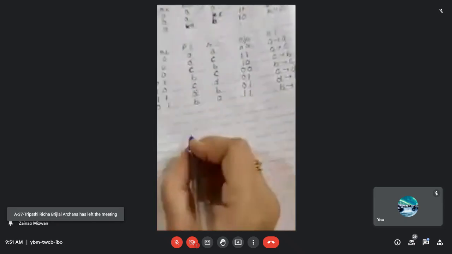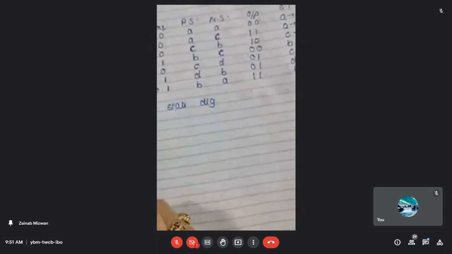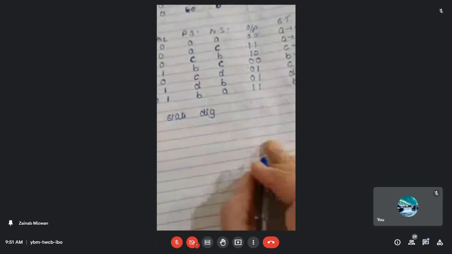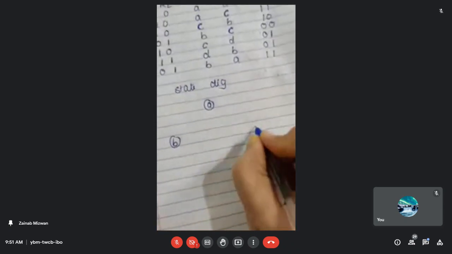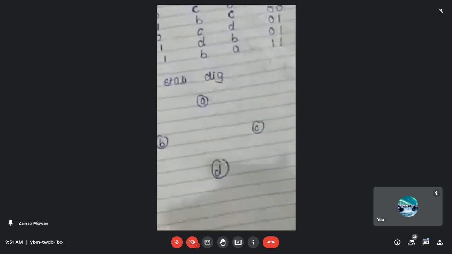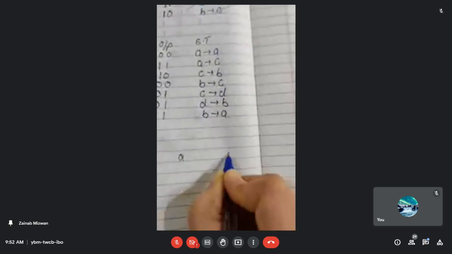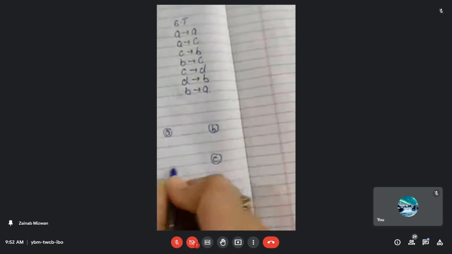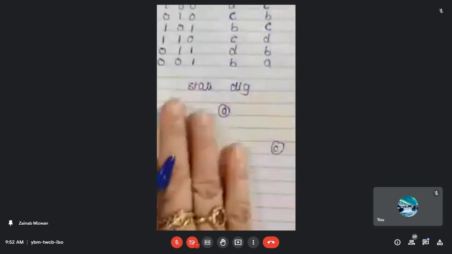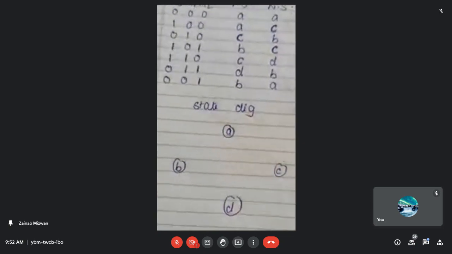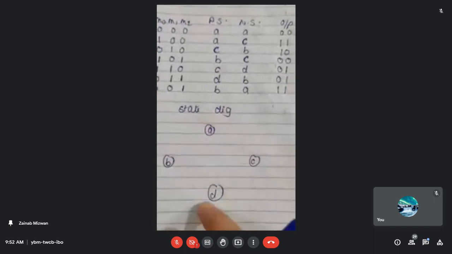Now what we need to draw is the state diagram. I'm just drawing the state diagram. Now when I'm going to draw the state diagram over here, I will first of all mention the state A, state B, state C, state D. मैंने ऐसे लिखा है. If you want to write, आप लोग ये another way में some in the some books you can find they are writing as A, B, C and D. अगर आप ऐसे भी लिखेंगे तो भी ये सही है, ऐसे बनाएंगे तो भी ये सही है, but I am a bit comfortable with this, so I am just using this particular form of drawing the state diagram. So what I am having over here is A, B, C and D. So I have drawn A, B, C, D over here.